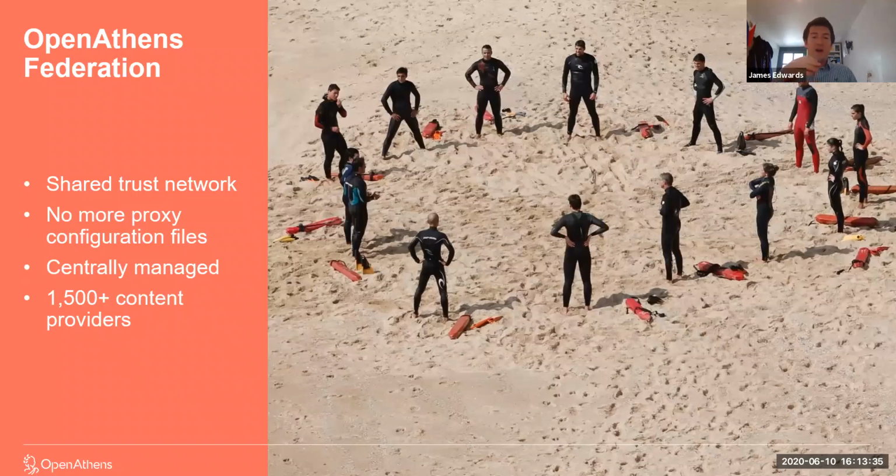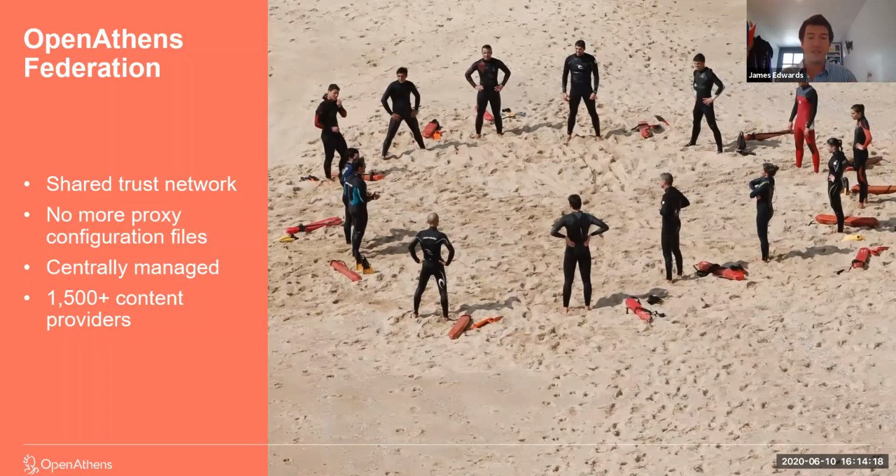So, for example, right now, if you had a subscription to, let's just say, ScienceDirect, and they were to make a change, everyone who has a one-to-one connection with them will have to make that change in order for the connection and the authentication recognition to work. Whether that's updating certificates or something like that, that's a lot of work that the librarians or the IT staff, whoever manages their systems, have to do. Whereas with a federation, and particularly the OpenAthens one, if ScienceDirect makes a change, we change it in the federation, so the IDP side, the library side, don't actually have to make any changes on their end.